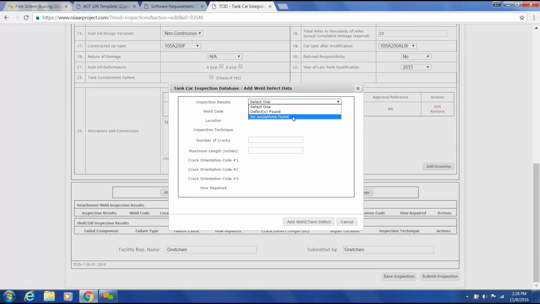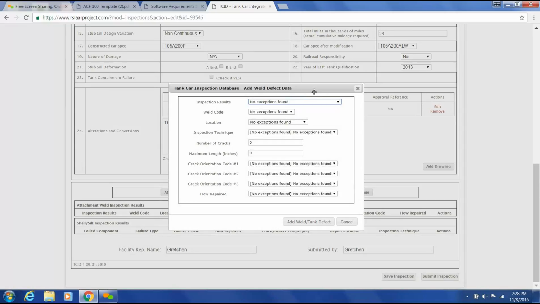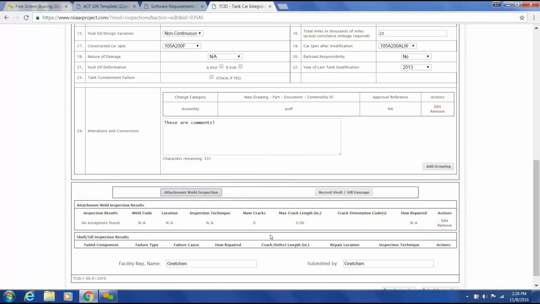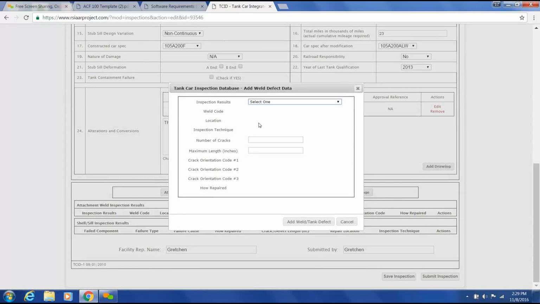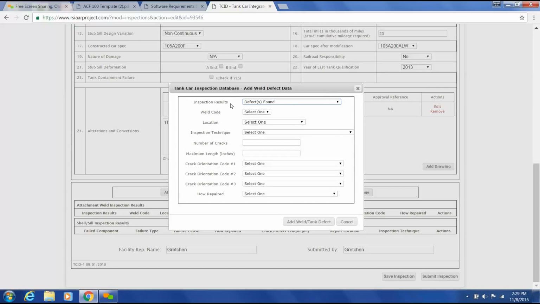So if you did an inspection but there were no cracks to report, hit the no exceptions found button, which will auto-populate the rest of the form. Then all you have to do is hit add weld or tank defect, and it will show up here. So this basically just says there was an inspection done, but no problems were found. I am, however, going to remove that so that we can see what to do when you do have a defect. So back at this pop-up, choose the defects found option,